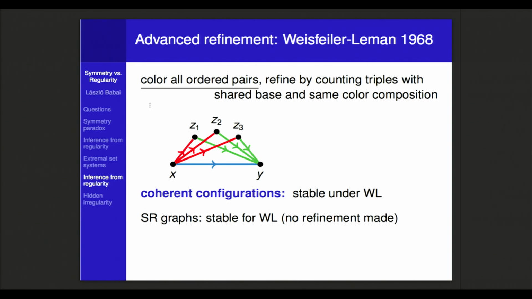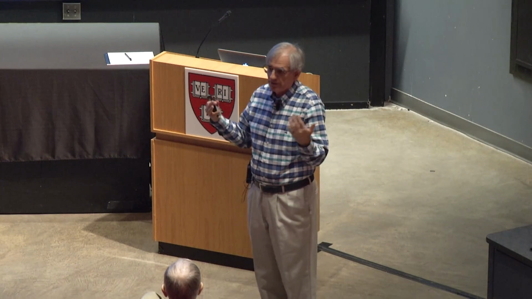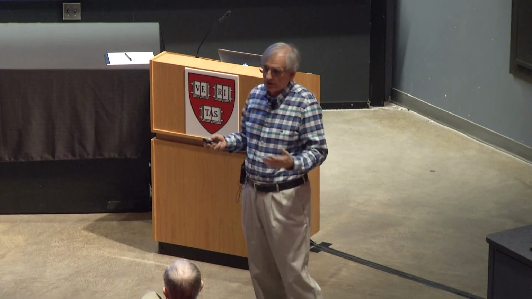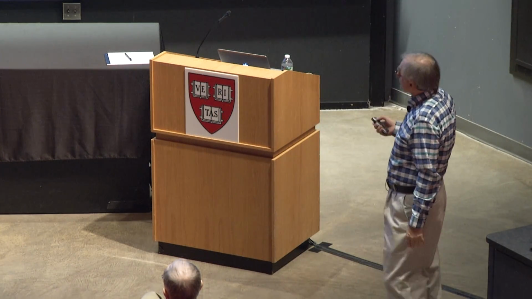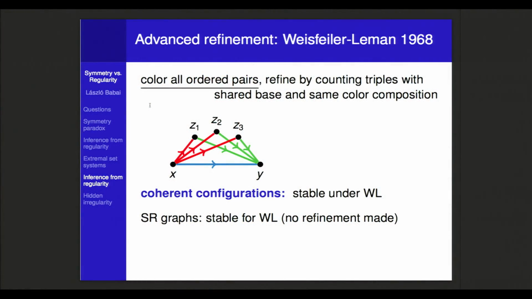So this procedure, in every round, I look at these numbers, I get a new coloring, and then I do it again until it stabilizes, so until we get no more refinement. So clearly this happens in polynomial time, and the stable configurations under this Weisfeiler-Leman canonical refinement are called